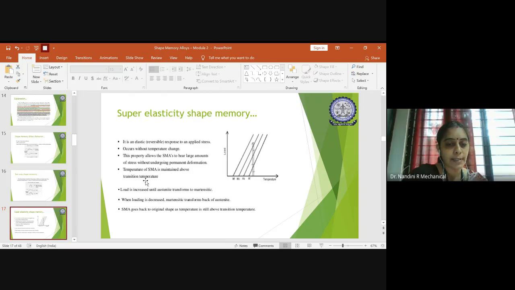And the next important characteristic is that the temperature of the shape memory alloy is always maintained above the transition temperature. All materials will have a specific transition temperature. Suppose you have a shape memory alloy and its melting point is around 1800 degrees Celsius. But the phase transition in shape memory alloys happens within some specific temperature, which depends upon the material you are selecting. Suppose you take a copper nickel based alloy, it has a transition temperature at around 200 degrees Celsius first and again at